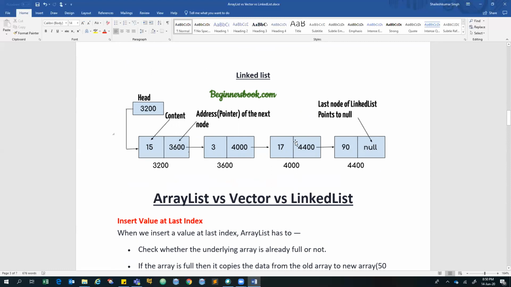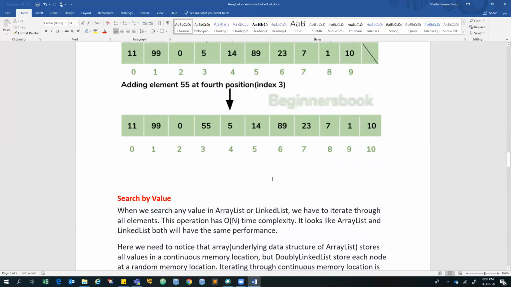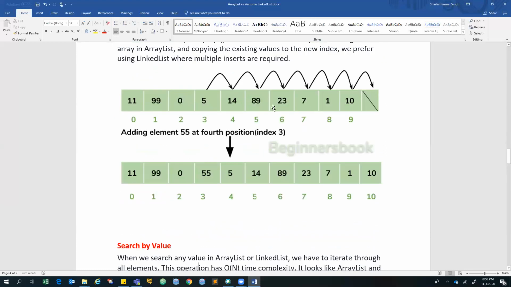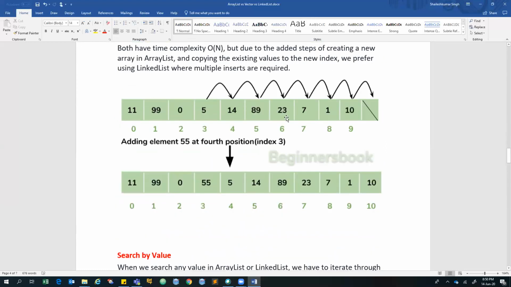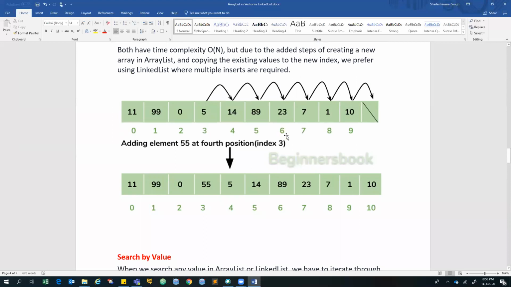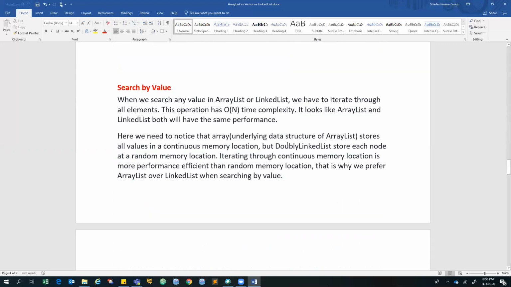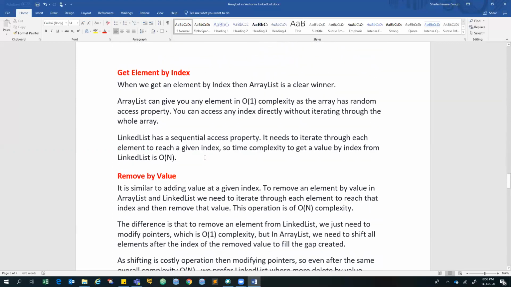But if there are thousands of nodes and I try to find this 17 in the middle, again you will start from the head node. So there is a lot of overhead. But in an array list, if I have to get the object at index six, I can directly access a of 6 and get that 23. So it is a huge advantage over the linked list.